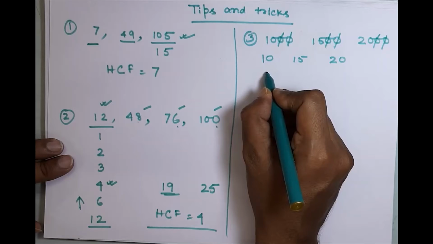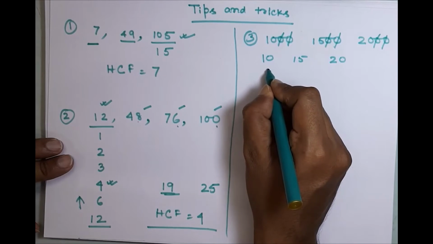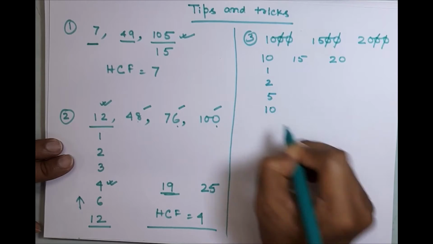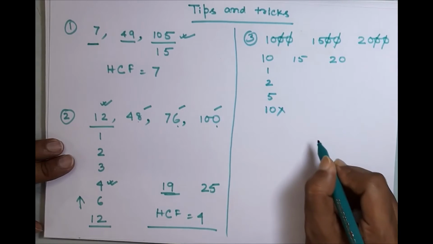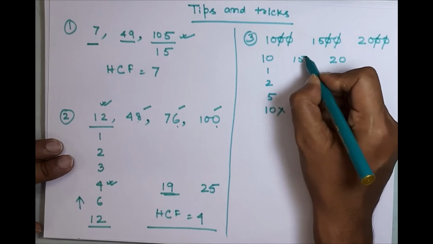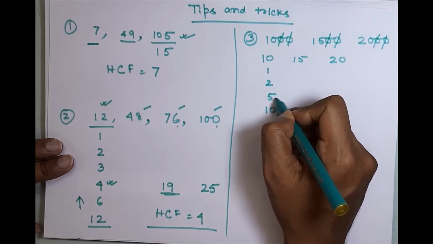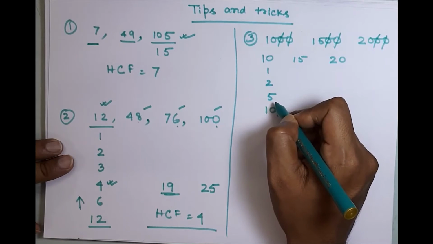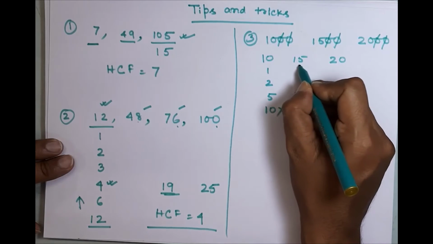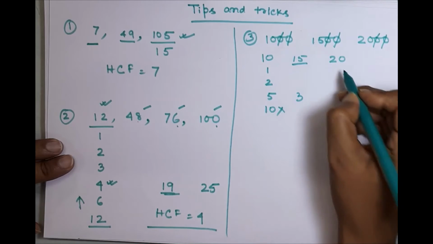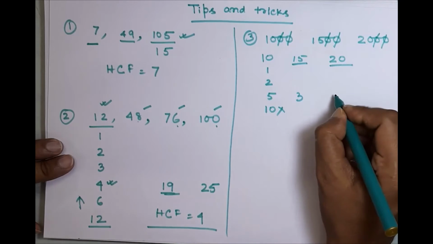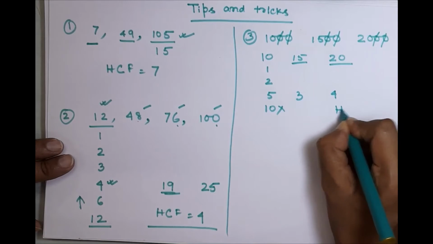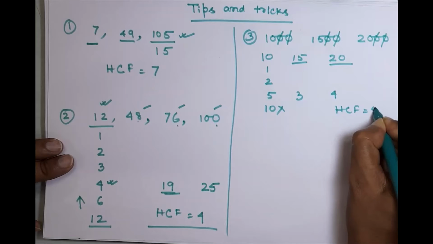So the factors, it is pretty easy, so I'll just write it down here for you. 1, 2, 5 and 10. So 10 we will already cross out, because using 10 we cannot divide 15. Can we use 5 to divide the rest of the numbers, and can we comfortably say that 5 is a factor for 15 and 20? Yes, 15 is completely divisible by 5, we'll get 3, and 20 is completely divisible by 5, so we'll get 4 here as a quotient. So our HCF will be 5.